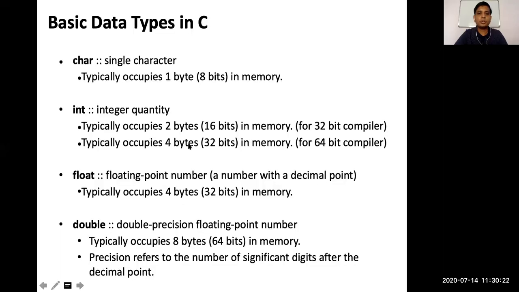Okay, so we have seen the character. The size of the character is 8 bits or 1 byte. Remember it. Now next one is integer. The integer data type occupies 2 bytes or 4 bytes, which is why it is known as a platform dependent data type. Why platform dependent? For 16-bit memory, the size of the integer data type is 2 bytes, and for 32-bit memory, the size of the integer is the your 1 minute.